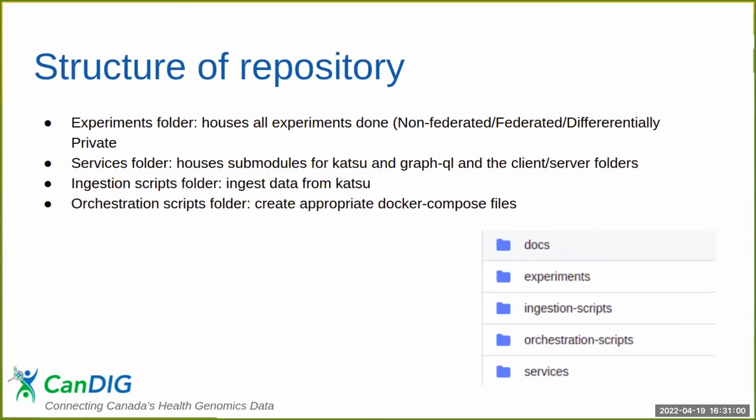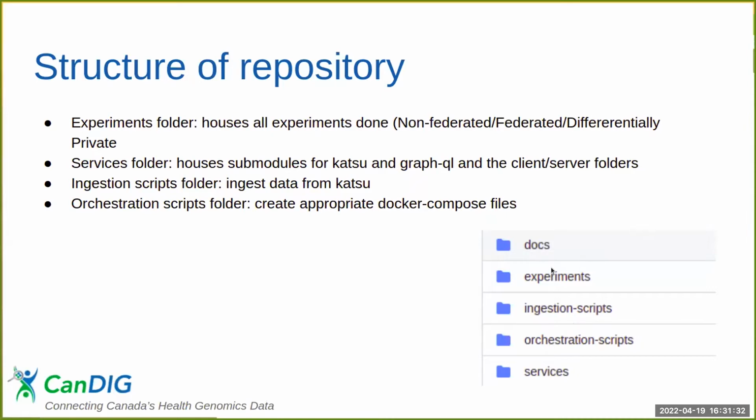And going on to the structure of the repository, there is an experiments folder that houses all the experiments done on the federated learning service, and the ingestion scripts just ingest data from Katsu. The orchestration scripts folder can be used to create appropriate Docker Compose files, like modifying the number of clients. And the services folder just hosts the submodules for Katsu and GraphQL, and then houses the client and server folders